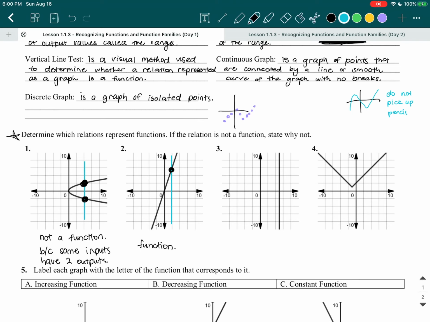All right, so now you guys have to try number 3 and 4, and make sure if you have any questions you have to ask, okay? I will not be able to read